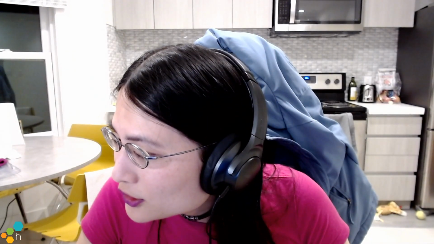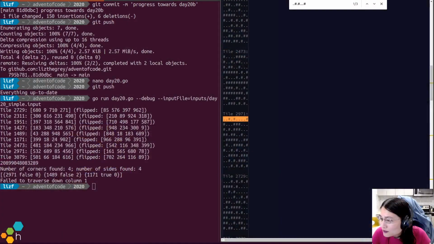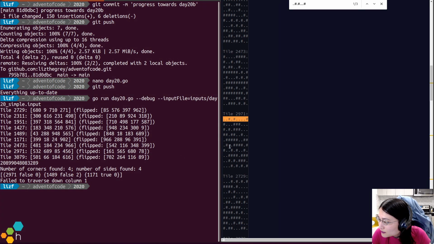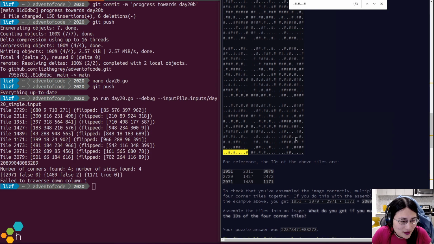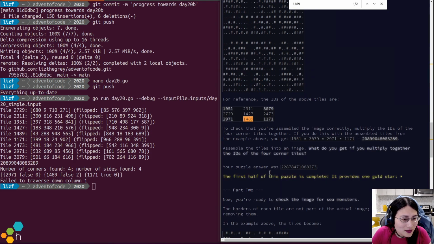Nathaniel, I'm not sure I understand what you mean by only two of them were not flipped. So okay, 1489 then. 1489 also should have the same rotation applied to it.